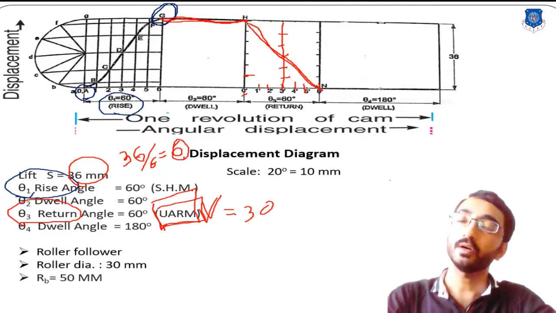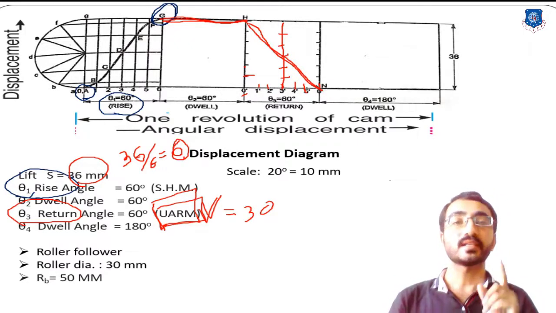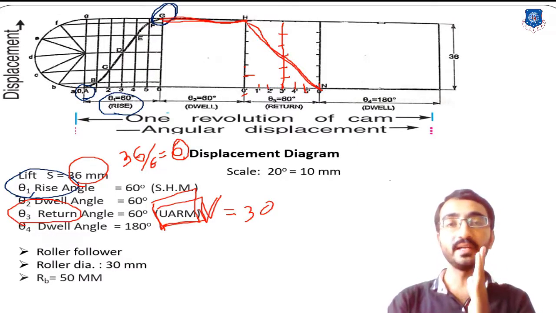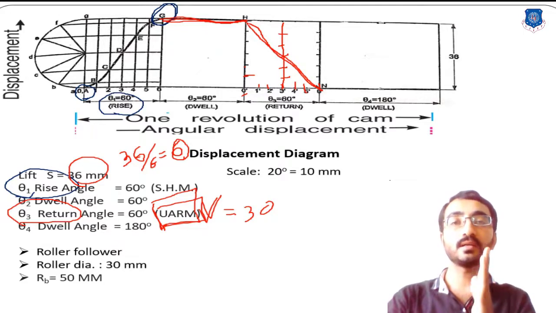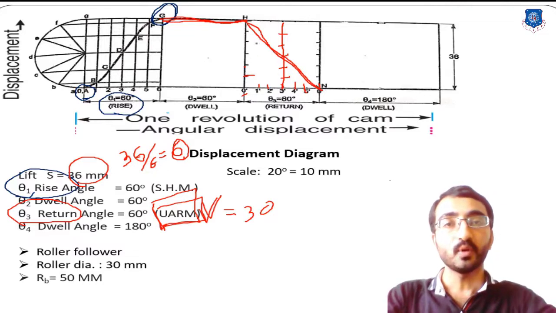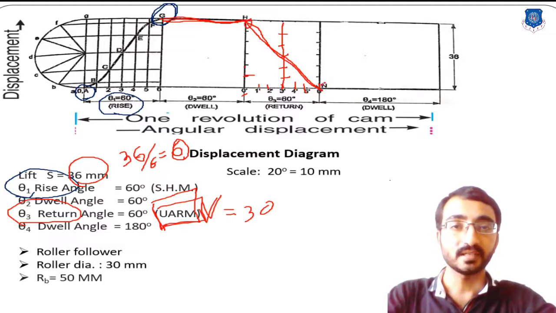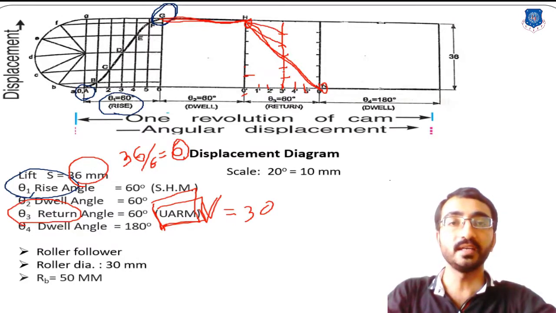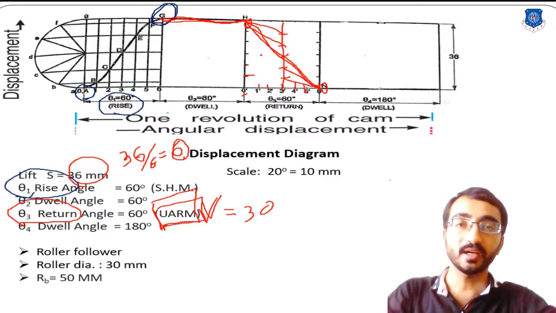Okay, step number 3. Let's quickly revise this UARM method. Step number 1, divide the horizontal line into 6 equal parts. Step number 2, divide the middle line into again 6 equal divisions. Then join this diagonal. This diagonal point will give you your starting and ending points. Now to obtain the other 2 points, simply connect your upper half divisions with the point H in this way, and similarly connect your lower half divisions to the bottommost point. In this way you can obtain these divisions.